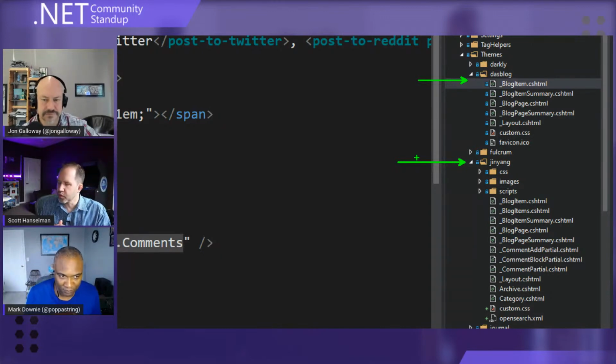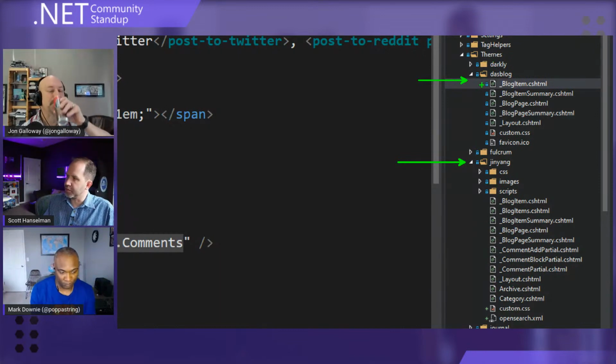You kept with Clemens's idea that a layout has a certain number of required things, like you need a blog item and you need a layout, and that's basically it. But if you want to override the behavior of something, you want to make something look different, then you just add them.